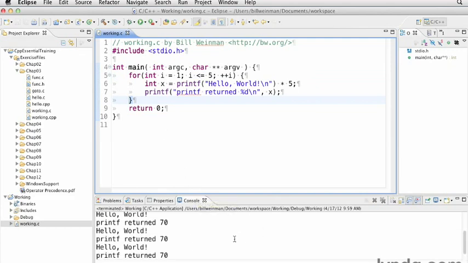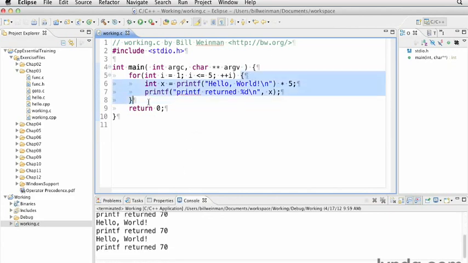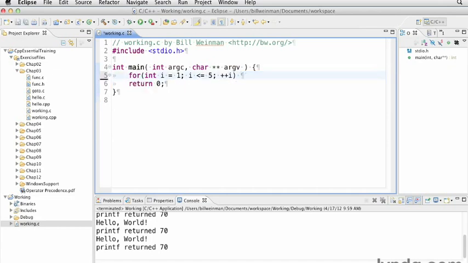And we see now this is getting run 5 times. Hello world, printf returned 70, hello world 5 times. And that's because all of that is inside of that block with the curly braces. Keep in mind that the compound statement here is really a convenience. It allows you to have several statements in place where normally you would have just one. If I were to delete all of this and just put one statement here,